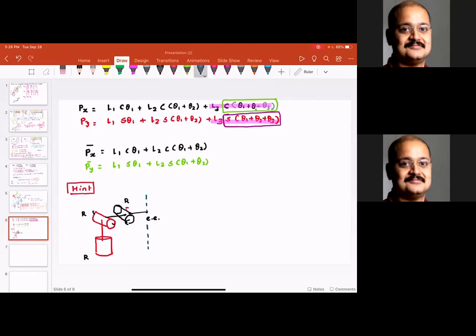So for an example, this is going to be theta 1, this is going to be theta 2, this is going to be theta 3. This will be your manipulator. Everyone understood this? So theta 1, theta 2, and theta 3, you would make a statement. Inverse kinematics problem can be solved multiple ways. So what you would say is theta 1, theta 2, and theta 3 along with these distances. And I don't remember what they are, but I'm just going to call them L1, L2, L3.